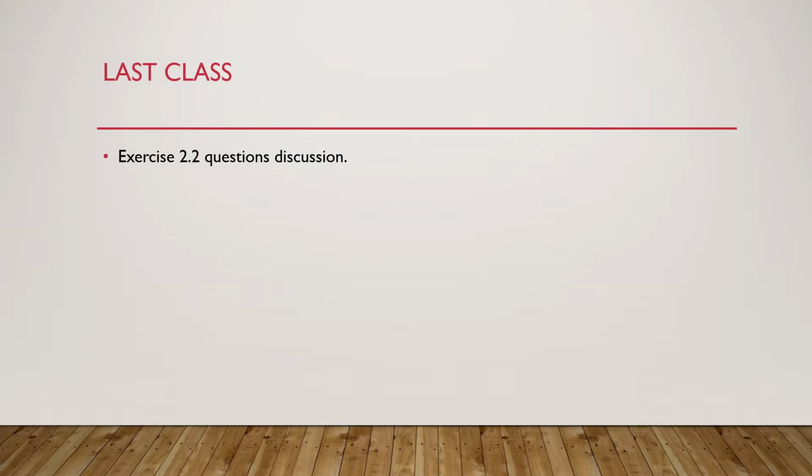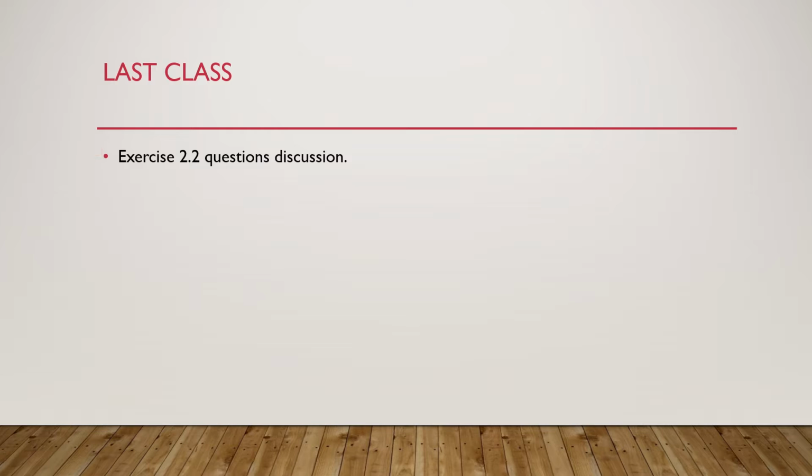In the last class, we discussed questions of exercise 2.2. I hope you understood the concept of assumption and equation making. So, you have to understand the word problem to find the statement which will help you to assume the variable, and second, you have to find the equation by the help of other statement. I hope all of you understood that. If not, I request you all to go through exercise 2.2 and those examples of word problems one more time.